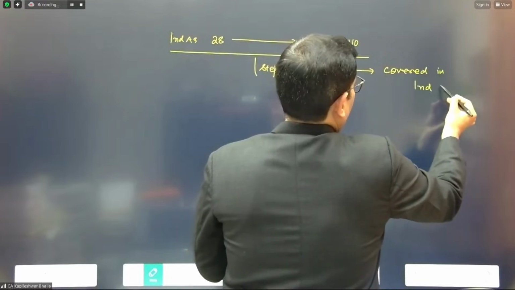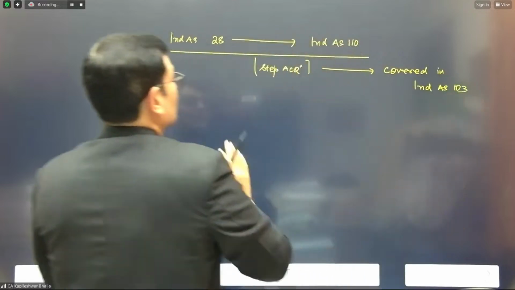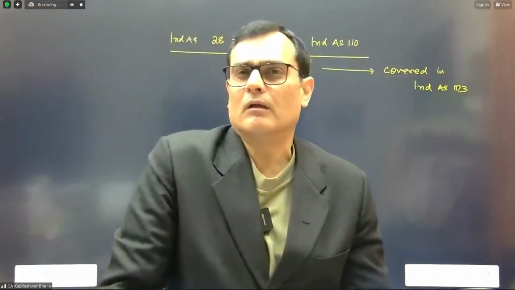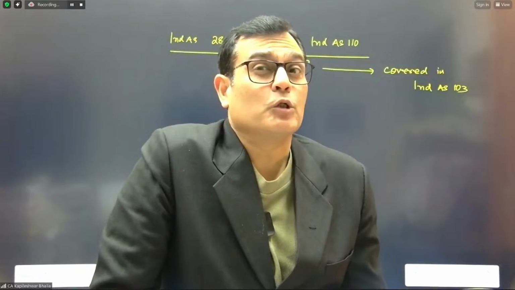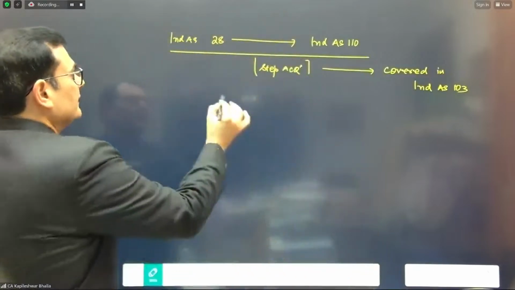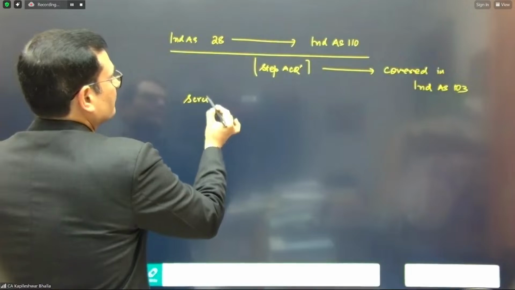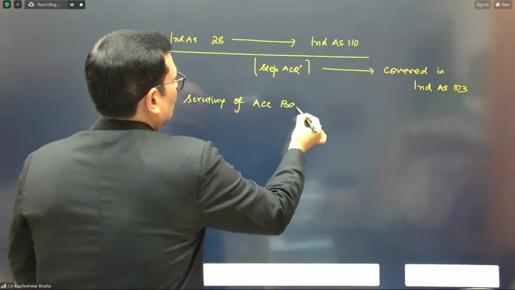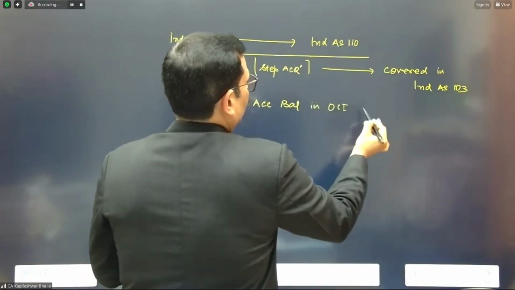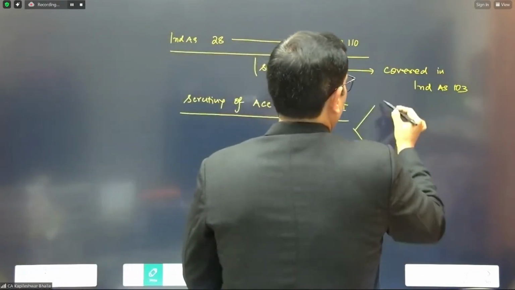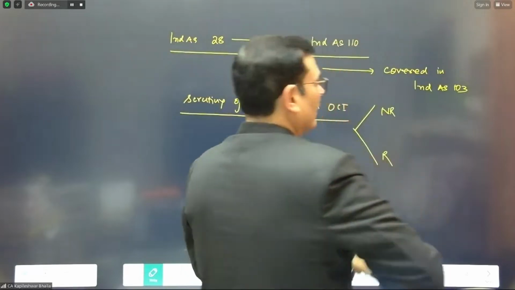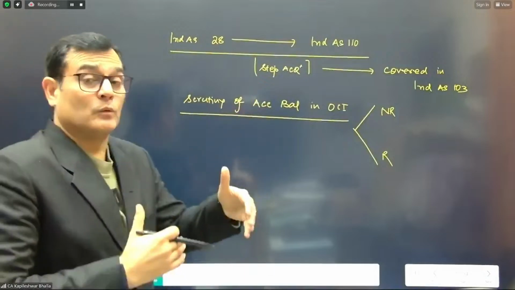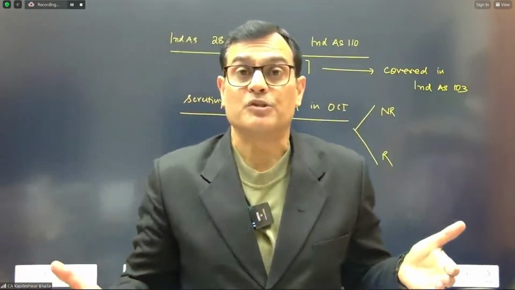I covered this area in terms of Ind AS 103 when it was a movement from a significant influence to 110. And if you recall, at that stage also, I did a question with you and I told you that you need to do a scrutiny of the accumulated balance in OCI. And if you remember, at that stage also, we did the same thing, whether it is NR or it is R. This is what we did in Ind AS 103, a case of step acquisition where a movement in the accumulated OCI was scrutinized.